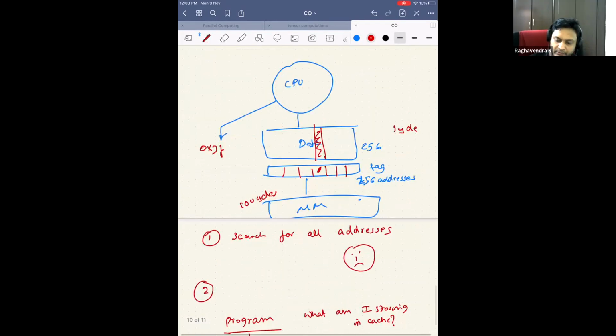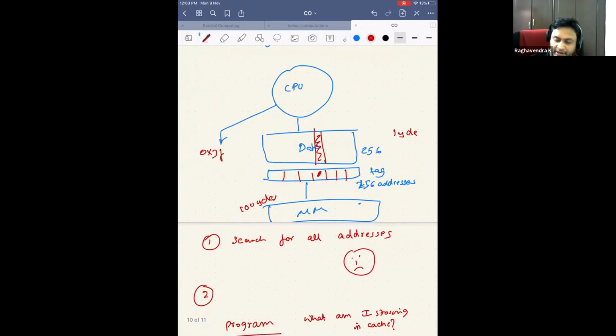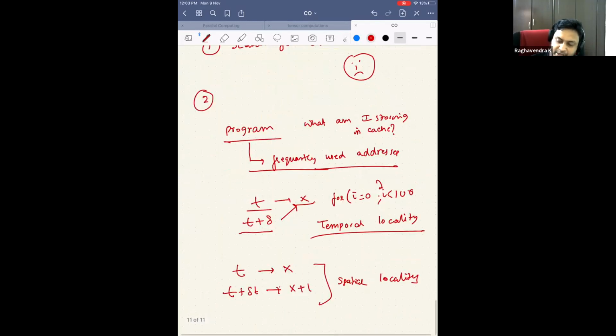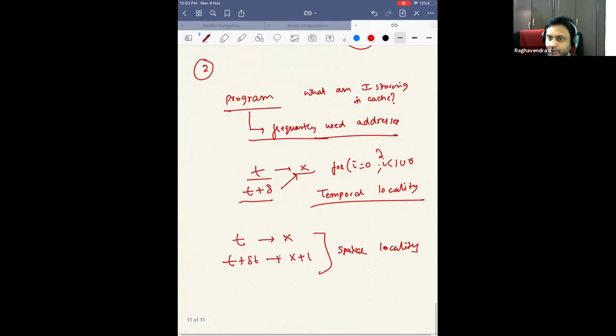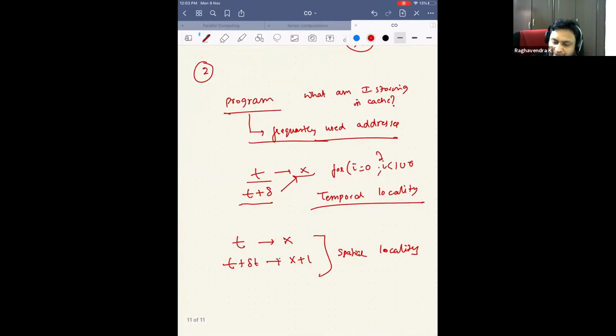So now, will you be happy with this design? First of all, does such behavior exist in a C program or in any program? Yes, right. Generally you take an array and you want to add something. If it's an integer, it's 4 bytes, or if it's a double, maybe it's 8 bytes. Or I am trying to sum up the entire contents of an array, which means that I am accessing x0, x1, x2, x3.